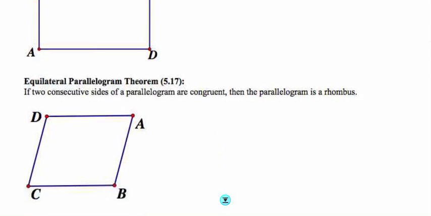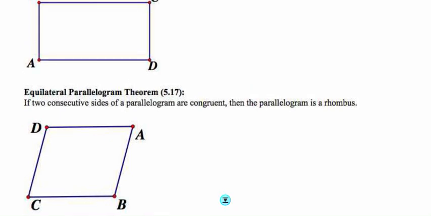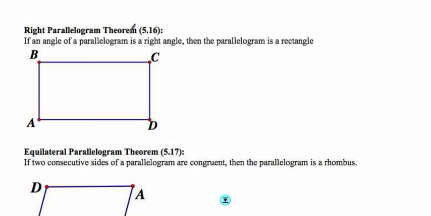Okay, and so what we're going to do now is jump ahead to the final 3 theorems of the lesson. And so really these could quite easily be proved. What I'll do in this lesson is just explain why the theorems are true instead of doing a formal proof. And so the right parallelogram theorem states that if a single angle of a parallelogram is a right angle, the parallelogram is a rectangle. And so if the given information is that ABCD is a parallelogram, then by definition we